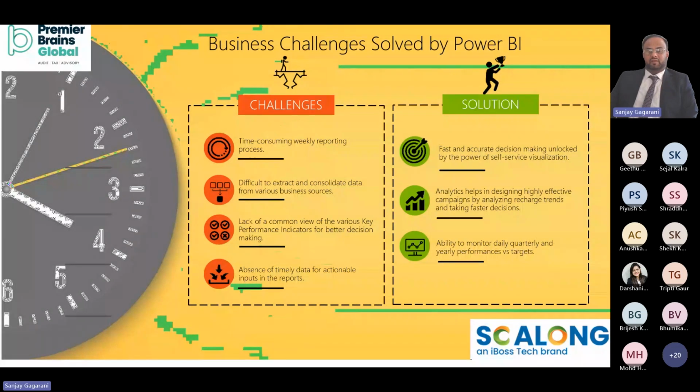Most of us are finance professionals. We spend around 7 to 10 working days every month on monthly reporting, closing, and MIS preparation. That can be automated. It can be set up so that the back-end system runs the moment a month is closed, and your MIS is ready the very next day or even the same day. So that was the challenge we had, but the solution is Power BI. It enables fast and accurate decision making, because you can produce a meaningful report.